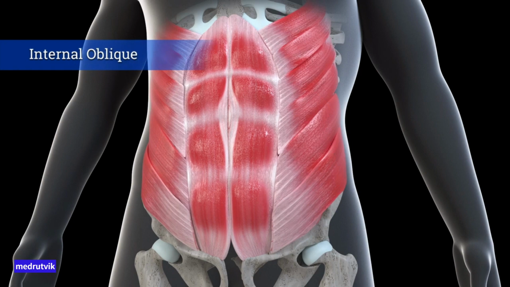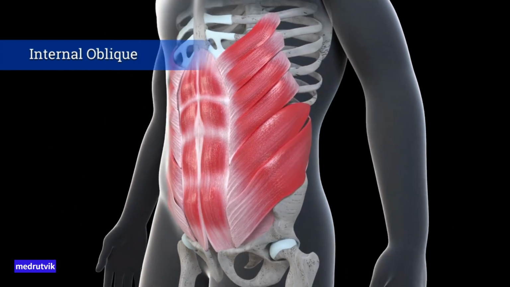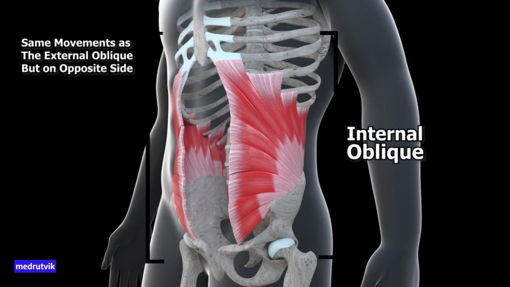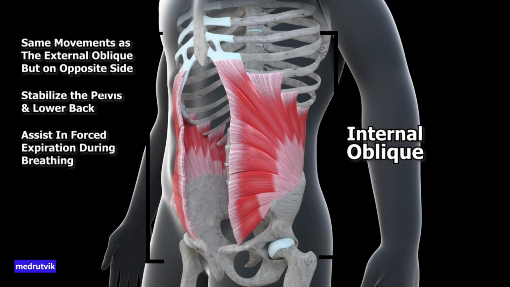Finally, we have the internal oblique, which runs perpendicular to the external oblique from the iliac crest to the lower ribs. This muscle is responsible for the same movements as the external oblique, but on the opposite side. The internal oblique also helps to stabilize the pelvis and lower back, as well as assisting in forced expiration during breathing. The internal oblique contributes to rotational movements of the trunk and is particularly important during sports or activities that